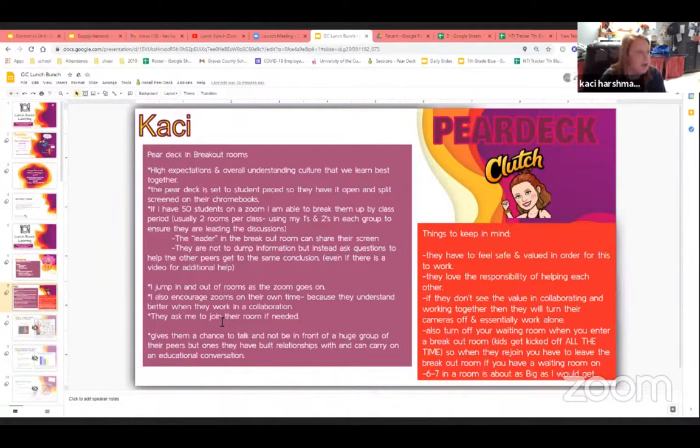The Pear Deck, and I put a link on there, I can send that to you guys. If you don't have some kind of platform like this, it does make things a lot easier. If I have 50 students on a Zoom, I'm able to break them up by class periods, usually about 2, maybe 3 per class period. And my 1s and my 2s for Kagan are the ones that I kind of